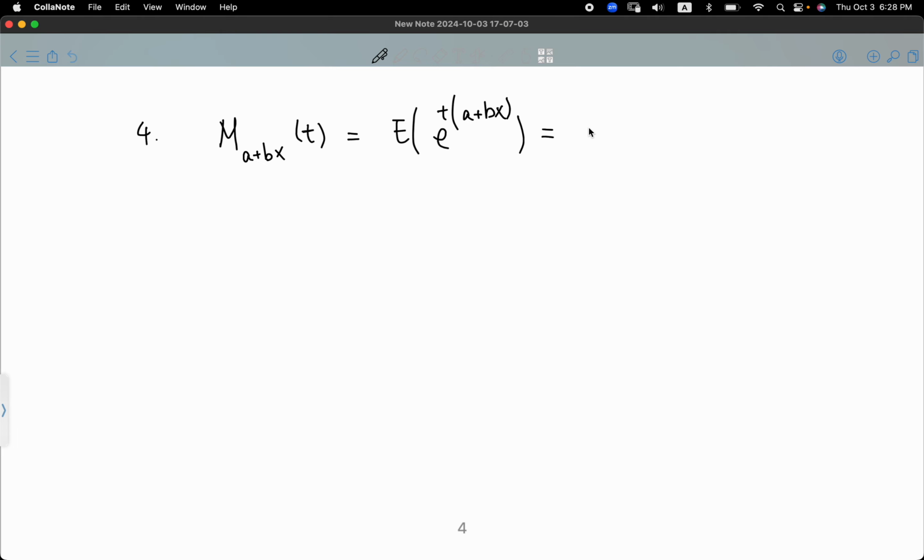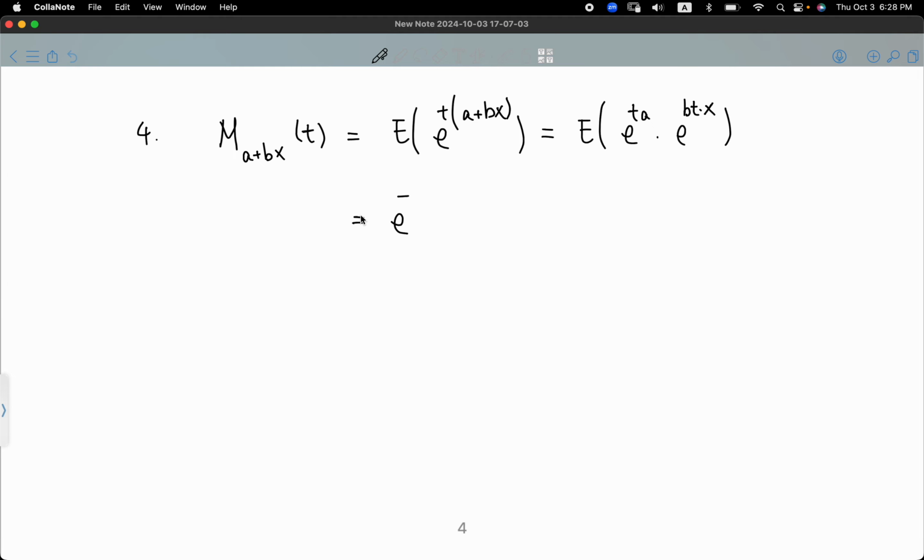Okay, so now we can group things accordingly. So e raised to the power of ta multiplied by e raised to the power of bt multiplied by x. Okay, and this will give you, when you bring the constant outside the expected value,